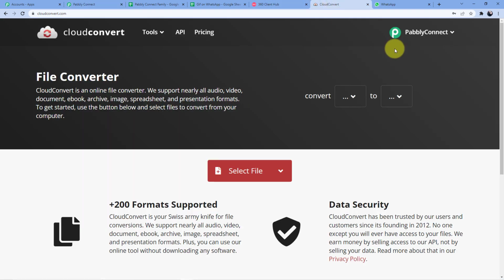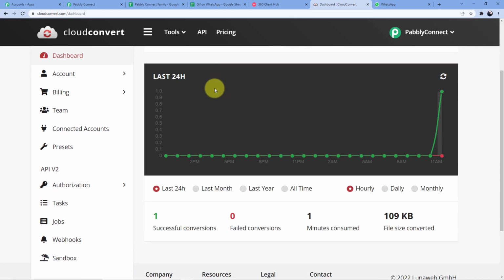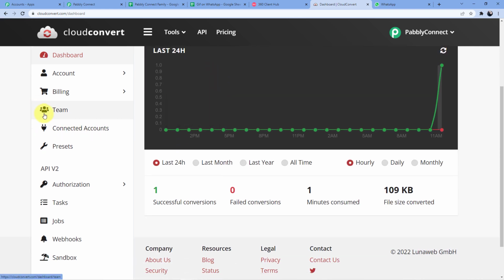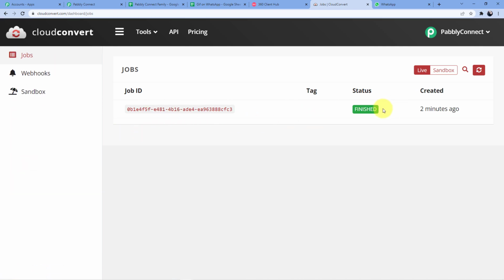Now let me go here and check. So this is my dashboard. So now I will go to jobs and here you can see the job ID is this and 2 minutes ago it has been finished. So our delay for 1 minute is cool and it will work.